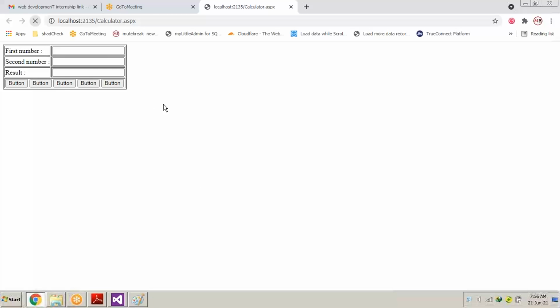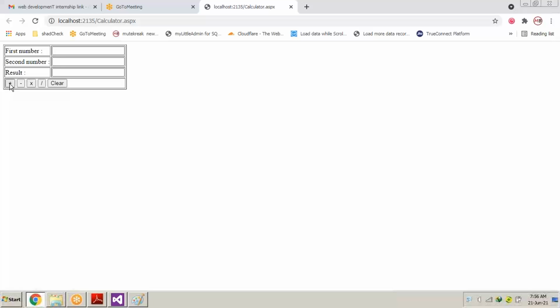Now if we save it and refresh the page, you can see every button label has been changed from button to plus and so on. So these buttons will automatically denote which button works for what, isn't it? Everybody knows that if we click multiplication, the into sign, the result will be multiplied.